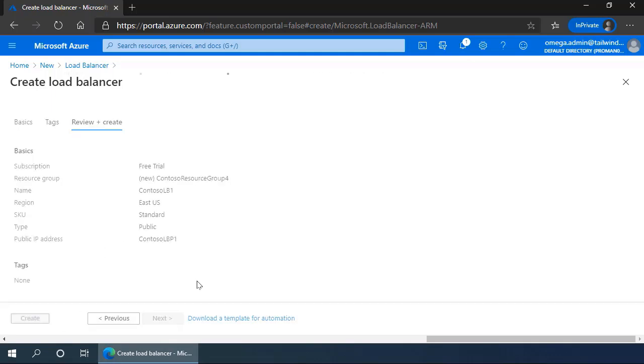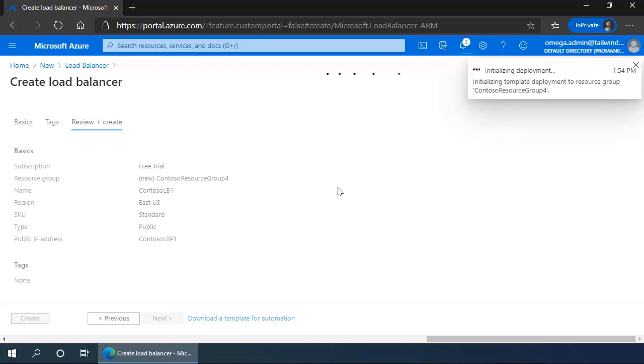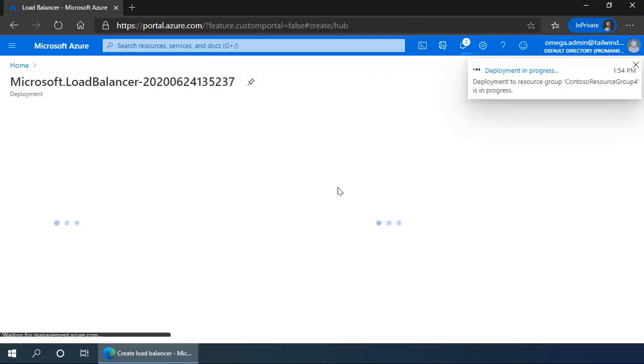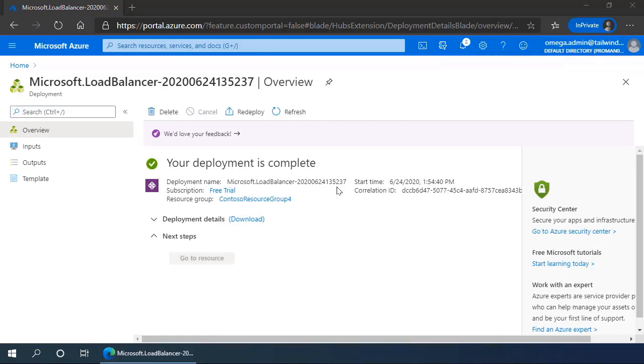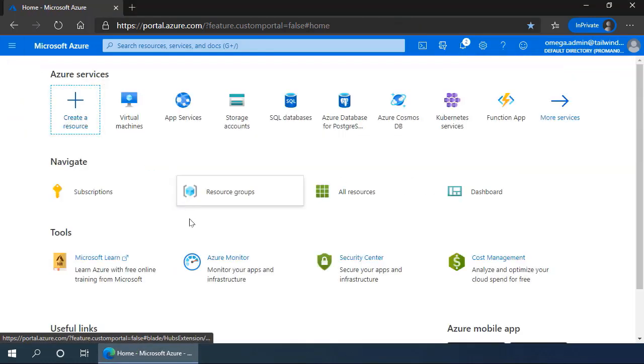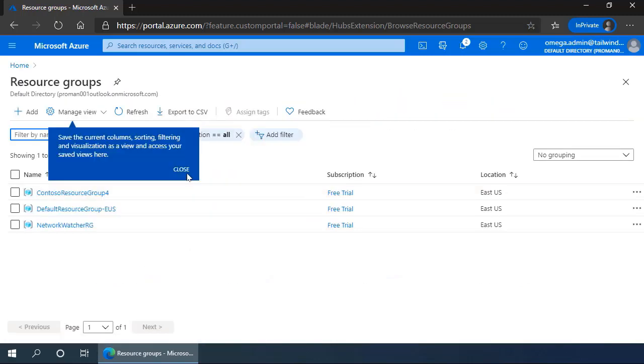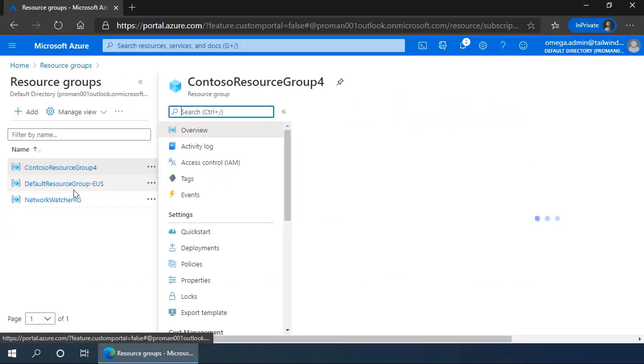While it's being created, let's talk about the machine scale set. The scale set is a set of identical VMs that is meant to be able to scale either manually or automatically. Now that the deployment is complete, we will go back to our resource group, Contoso Resource Group 4,